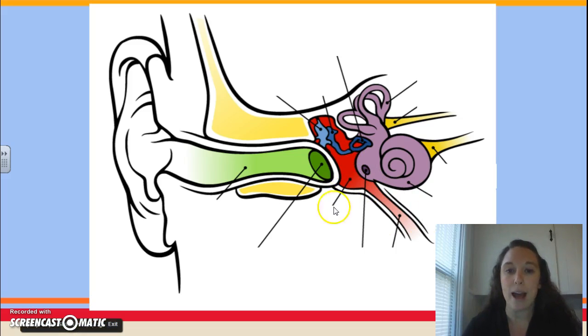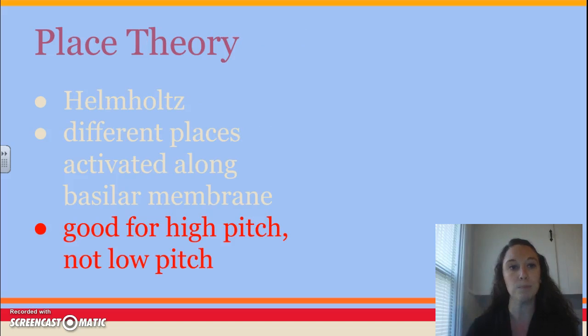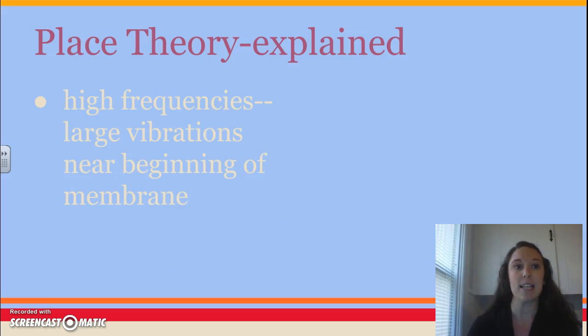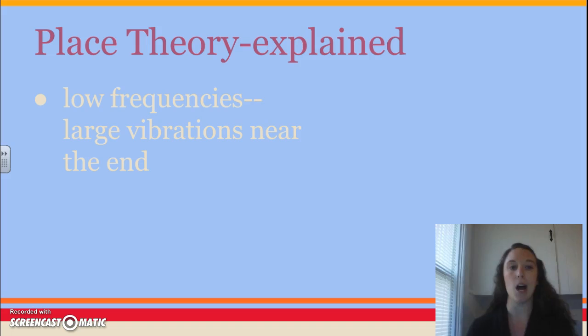And so when vibrations are passed from the eardrum, through the ossicles, our hammer, our anvil, our stirrup, through this oval window right here into the fluid-filled cochlea, the vibrations start to shake the fluid, but then also shake that inner lining of the basilar membrane. And the place theory says that if you have a high frequency sound, you're going to see really large vibrations near the very beginning of the membrane, the very beginning of the membrane being really, really close to that oval window. If you're dealing with a low frequency sound, you're going to see really large vibrations near the end of